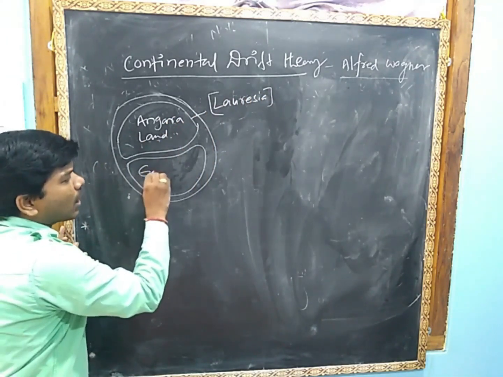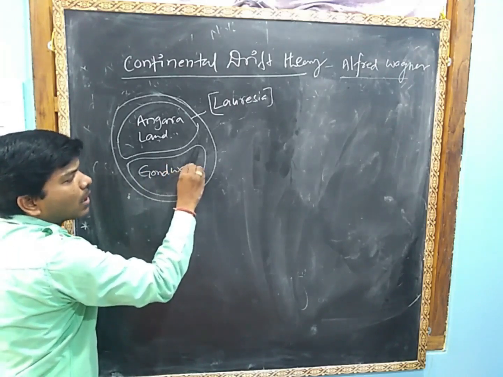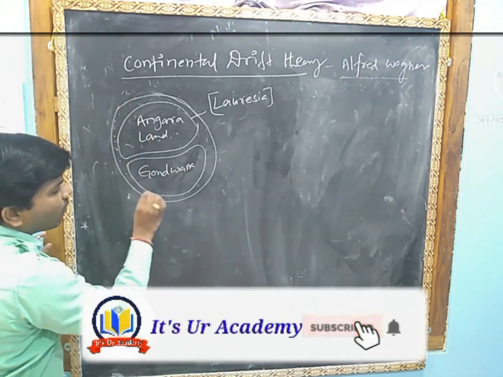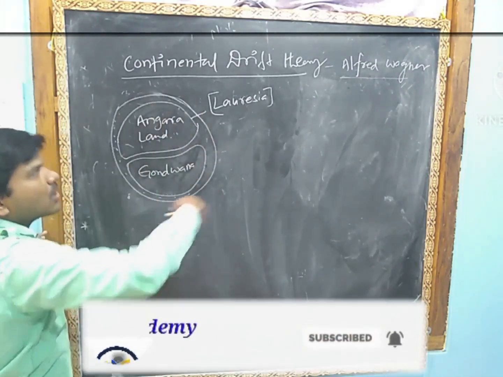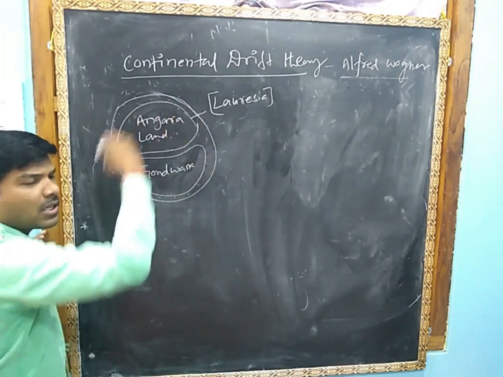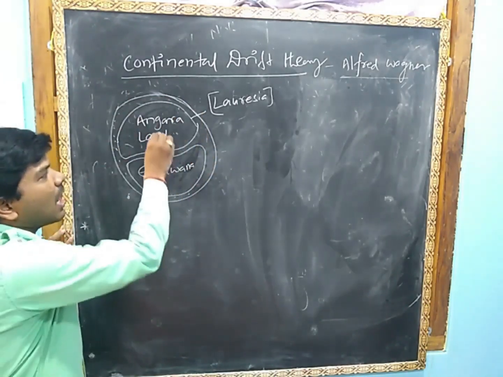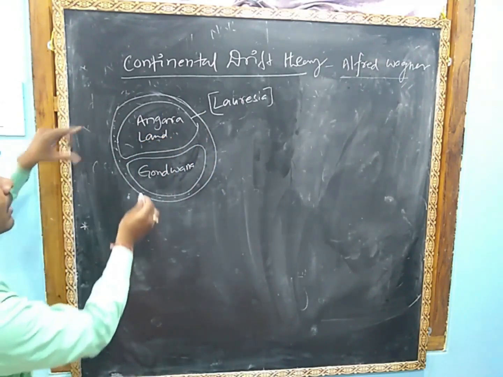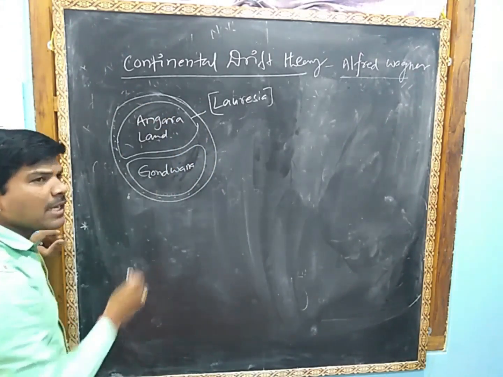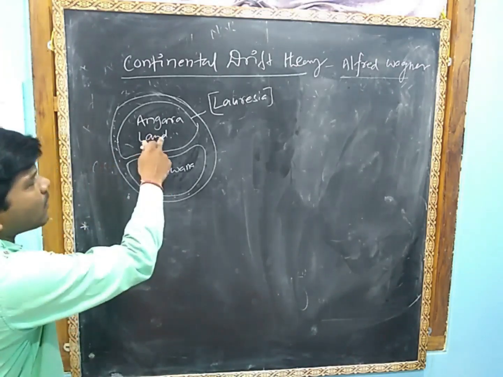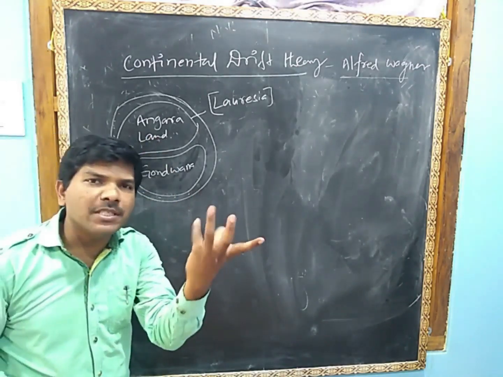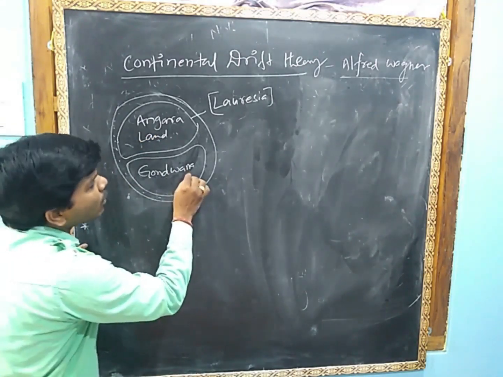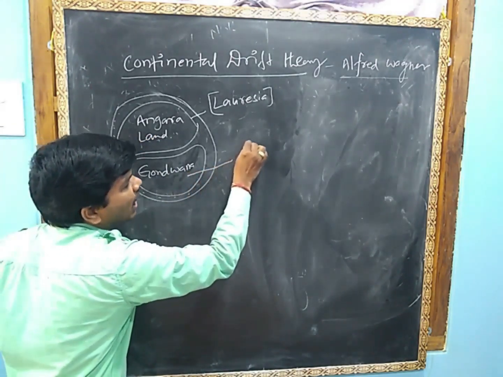This is called Gondwana land. And the water body which surrounded the earth is called Panthalassa, and this landmass we called Pangaea in our 9th class. So whenever these two landmasses split into pieces, Angara land also split into pieces, and Gondwana land also split into pieces. From the Gondwana land, our Indian